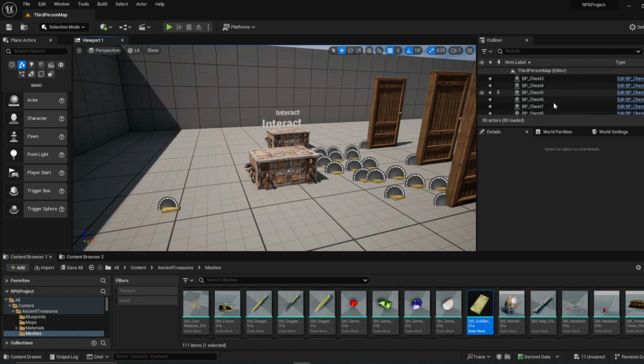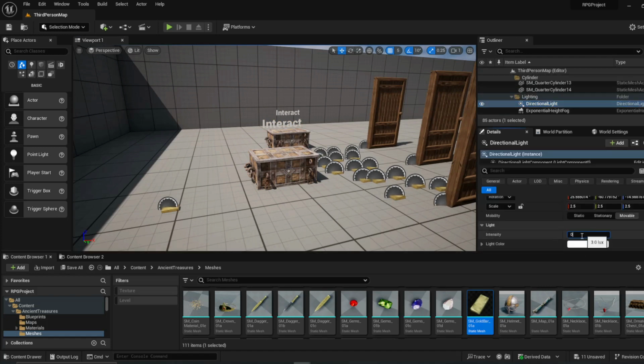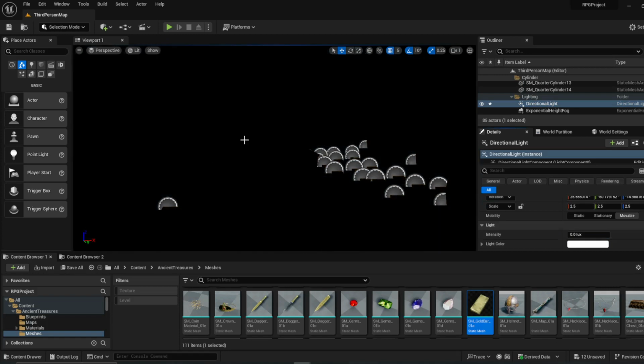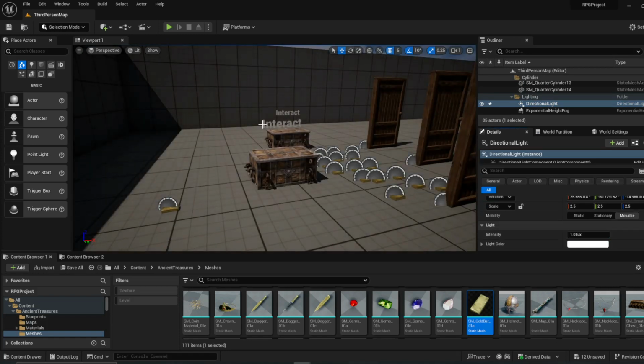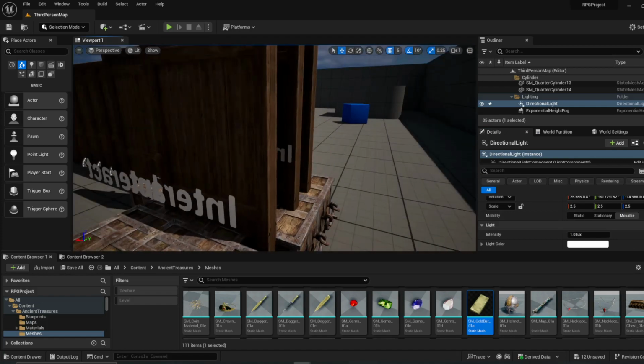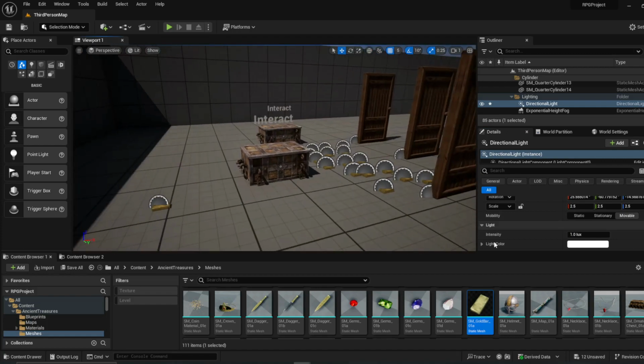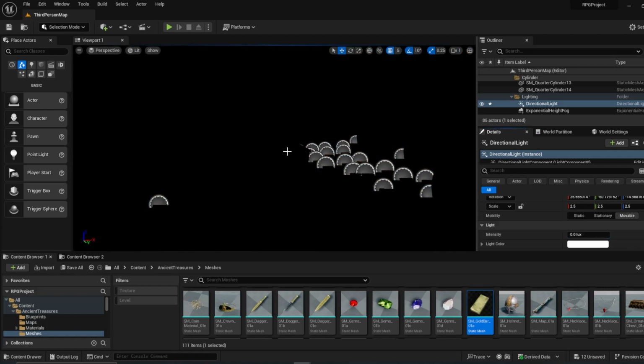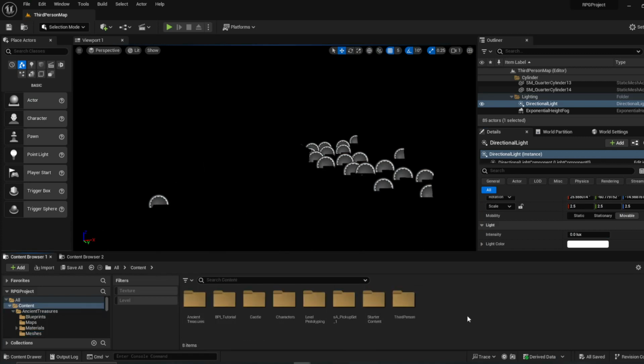And if you can see, if we take the directional light and turn this down to like 0, it just disappears. Even at low lighting you can still see it a little bit, but in really dark circumstances we want the player to be able to see the interact button. We don't want it to ever really be hidden. So what we're going to be doing here is